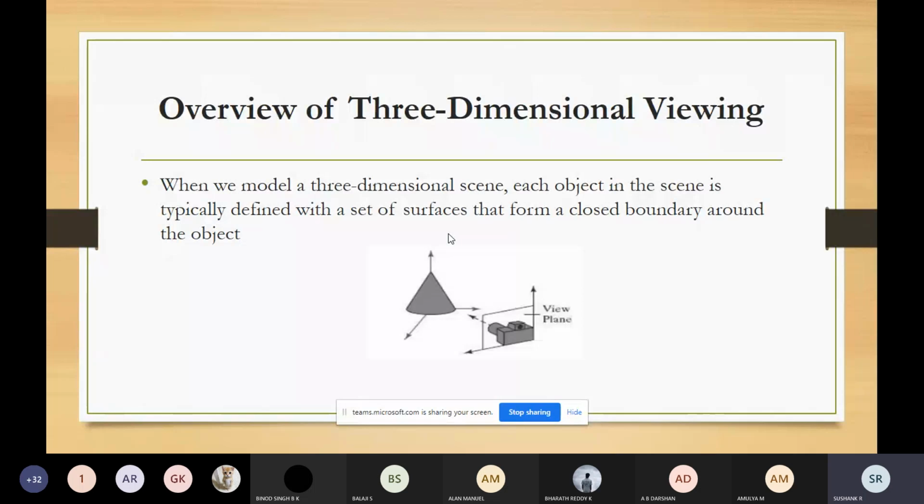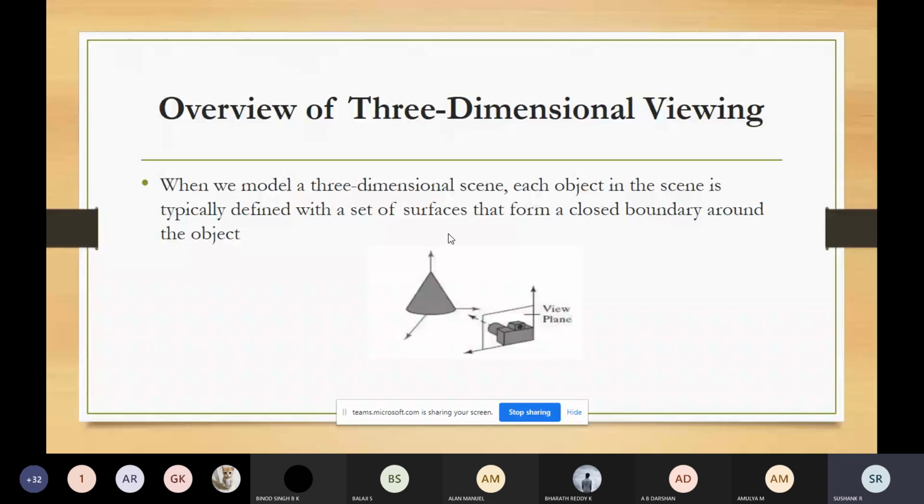In a few situations, you should also provide some process for displaying the internal components or cross-sectional view of the objects.